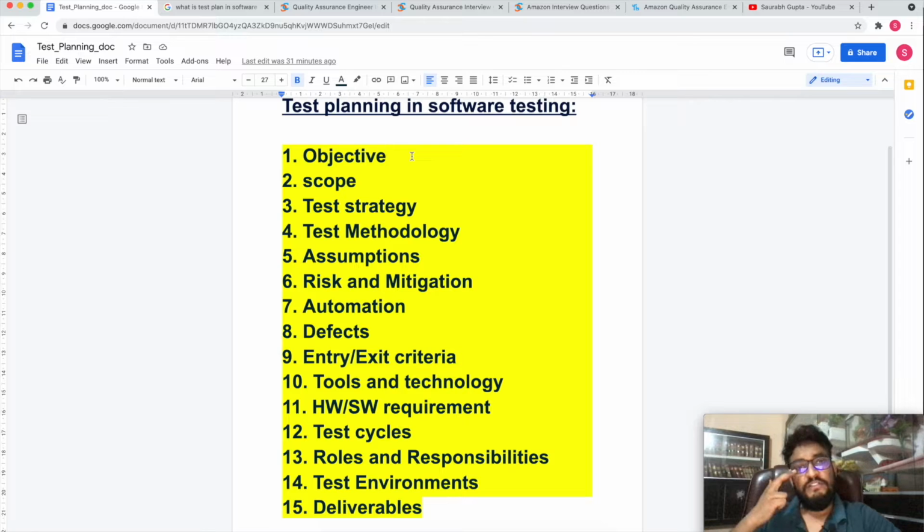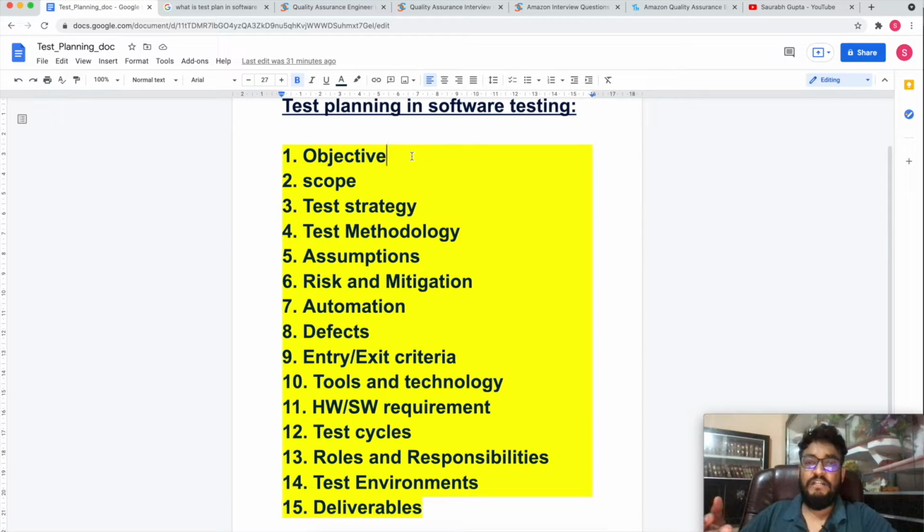Consider a developer gave a build to you. Then what will be the minimum criteria you will choose to actually perform testing over it? The entry criteria will be: the environment should be up, the build should be stable enough, all the test cases should be written, all the test cases should be approved, something like that. Then you can actually start your smoke testing. That kind of entry criteria will be for component testing or smoke testing.